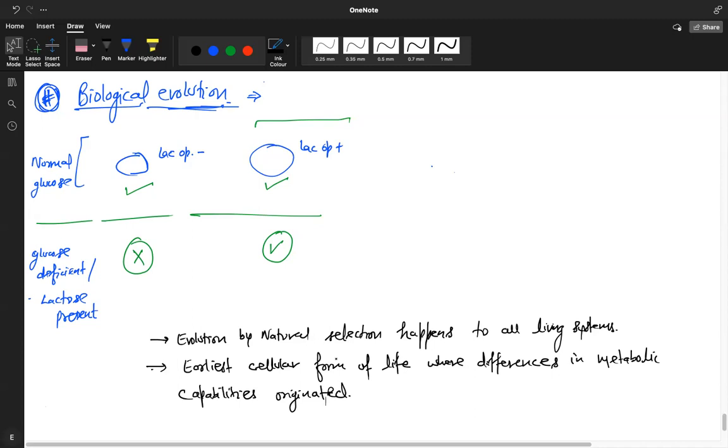From the surrounding or from nutrition? If I do not give enough phosphorus to any organism, that organism will not be able to survive. Yes or no? Because it won't be able to replicate its DNA. So cell division will not happen. The cell division cycle will be faulty. If you go phosphorus deficient, you cannot make your DNA. Everyone understands? That's what Hershey and Chase did. They labeled the phosphorus radioactive, and then the phage started using the radio-labeled phosphorus to make its DNA. Remember that experiment as well?